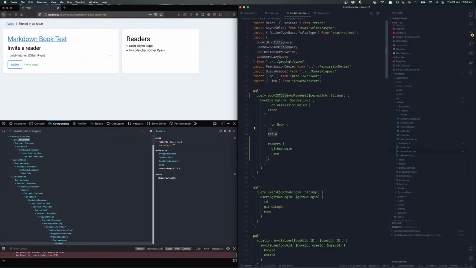So we've got ID and title, and we've got the currently existing readers. Then later on, when we do this users query, we can take this list and subtract this list of readers, and then we only get the new readers who have been